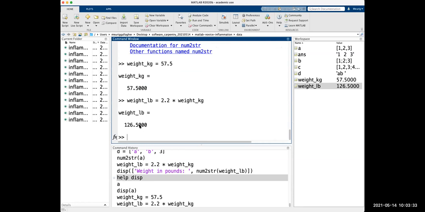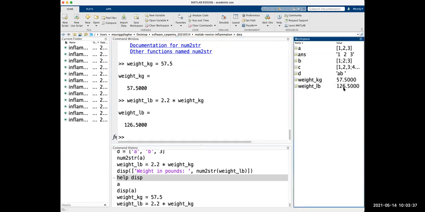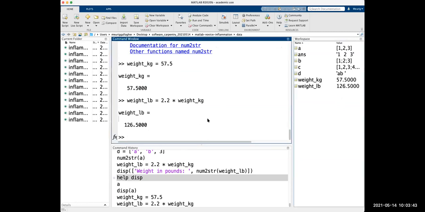So it's now 126.5. And you see in this workspace on the right-hand side, it's now updated to that same value, 126.5. So that's a very important thing to remember: things don't change unless you've instructed them to change, or you've set up some rule where they will learn to automatically change. So just because you update one variable, if you're working with multiple variables that are all linked, you need to change them all or set up a way where they can all be changed.